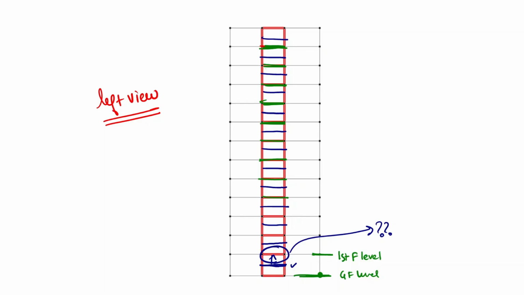Just see it carefully. If you have watched till now, you can understand that yes, there is a need of one mid landing beam, and that will be added in the next part, right? So this is another important thing: I have raised the question of why this beam is not needed, and that I will discuss again, right? So see,